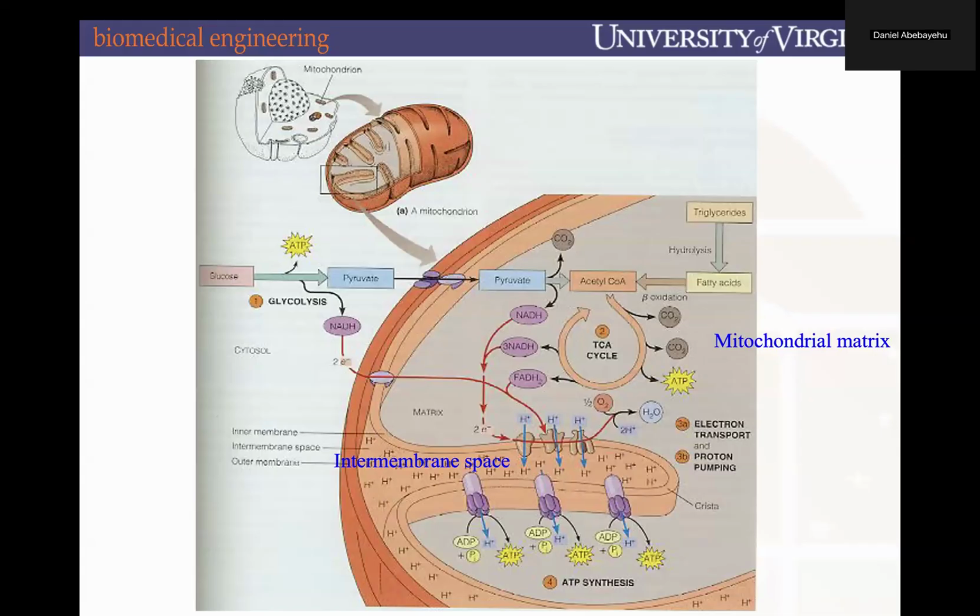And so our mitochondria have a unique membrane. It's a double membrane structure with an outer membrane and an inner membrane. Once the slide comes back, you'll be able to see that the inner membrane possesses these transporters and pumps that are really key for oxidative phosphorylation. And there's this space between these two membranes called the intermembrane space, where you can see on this slide, there's going to be this accumulation of hydrogen ions. These hydrogen ions are going to be really key for a final step of producing ATP